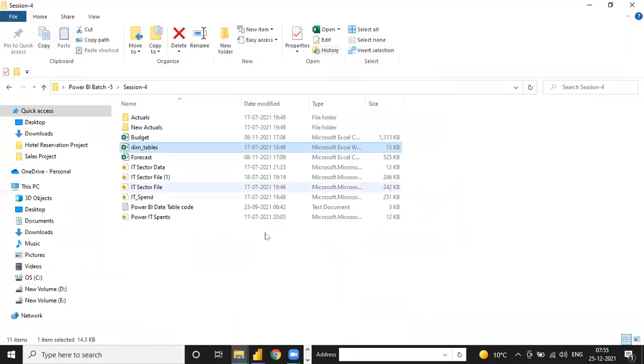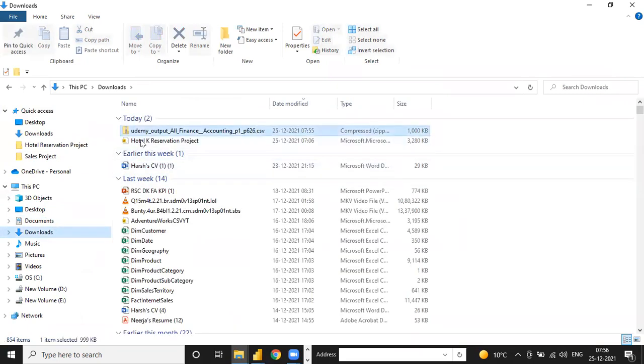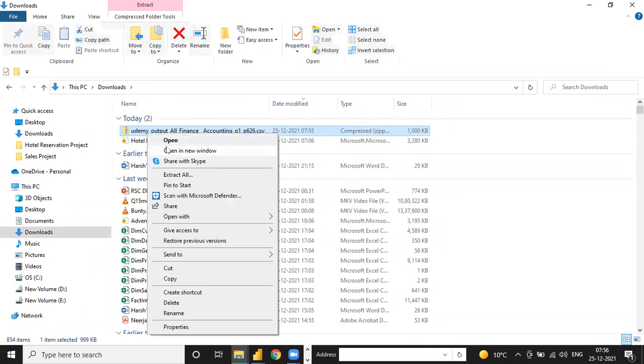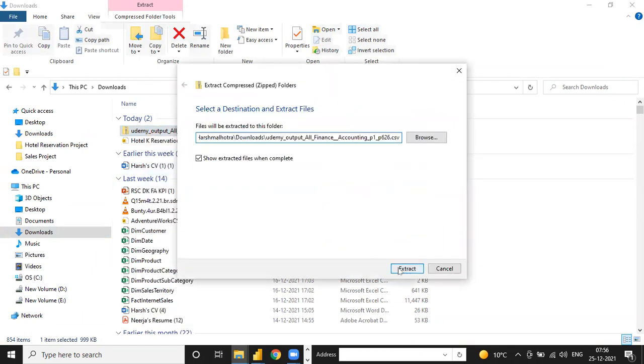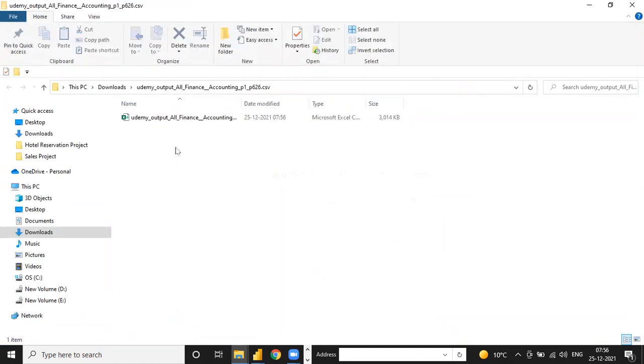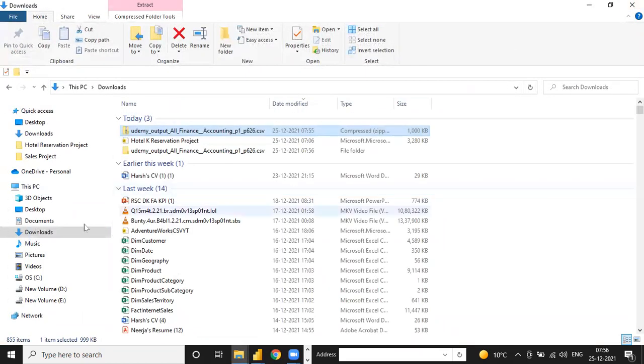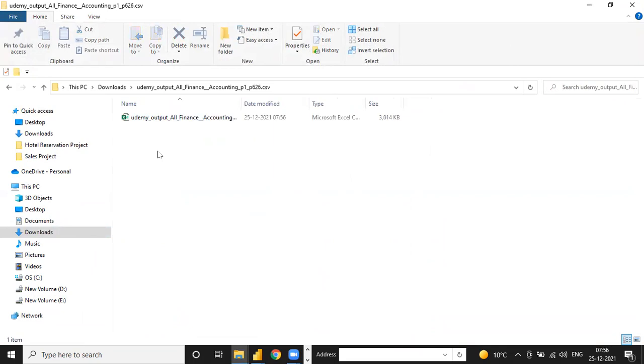Now go to this downloaded Udemy, right click and unzip your file. To unzip, right click, extract all, and just extract the file here. And now you can see the Udemy output. This is the CSV format.